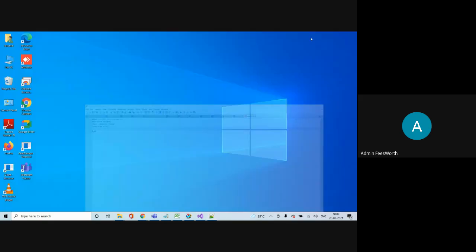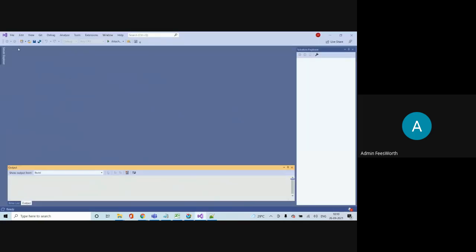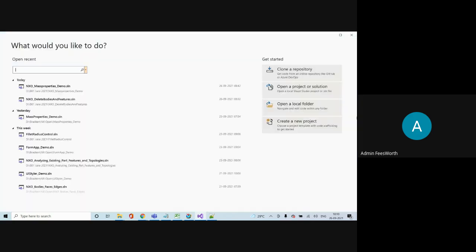Okay, let's get started. So first, what is CAD customization? What are you going to do if you become a CAD customization engineer? This is very similar to a software developer. You become a software developer, programmer, automation engineer, customization engineer. Call it anything, but what you do day by day is write programs, mostly in Visual Studio. In very rare cases they may use something else.